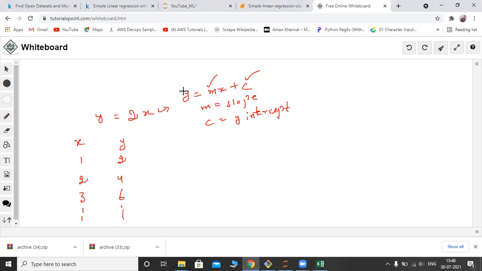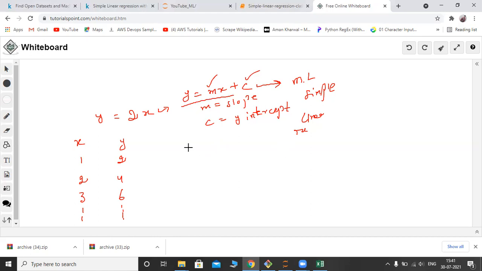Now, if somebody asks what is the application of mathematics, take this equation. The power of this equation is that by using it, we are going to design a machine learning model called simple linear regression. So our simple linear regression works based on this equation. The mathematical equation behind simple linear regression is the equation of the line.